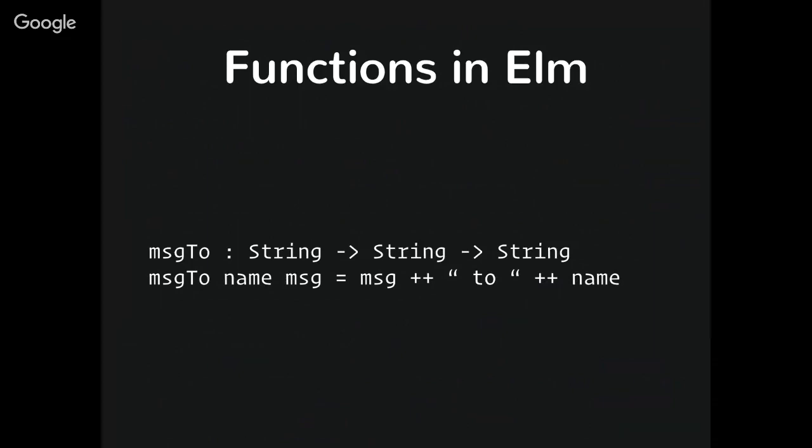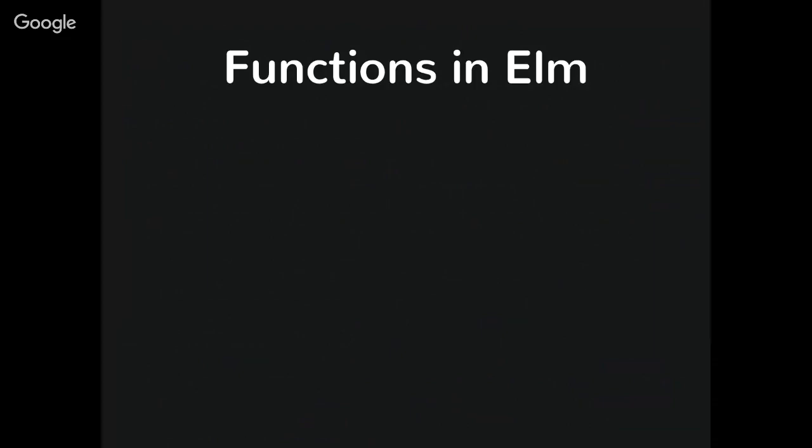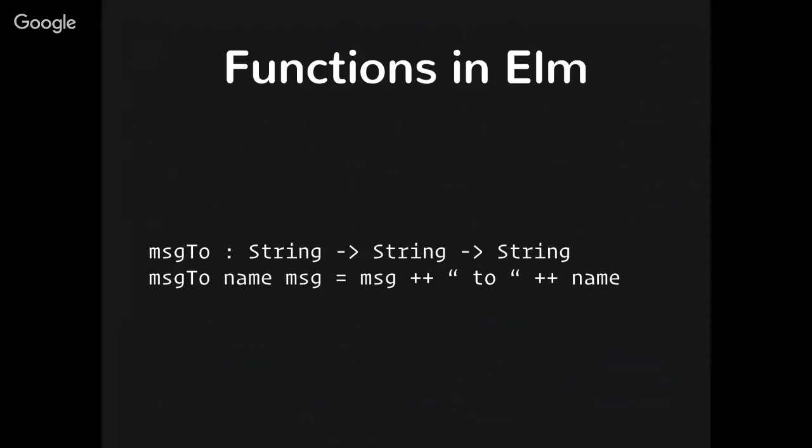So what it's saying is the function message2 takes a string, it takes another string, and then it will return a string. And those are all just connected by arrows. So I guess this is just going to look a little funny until a few more things get explained. But just trust that whatever the last argument is, or not the last argument, the last word of the arrows is what gets returned.